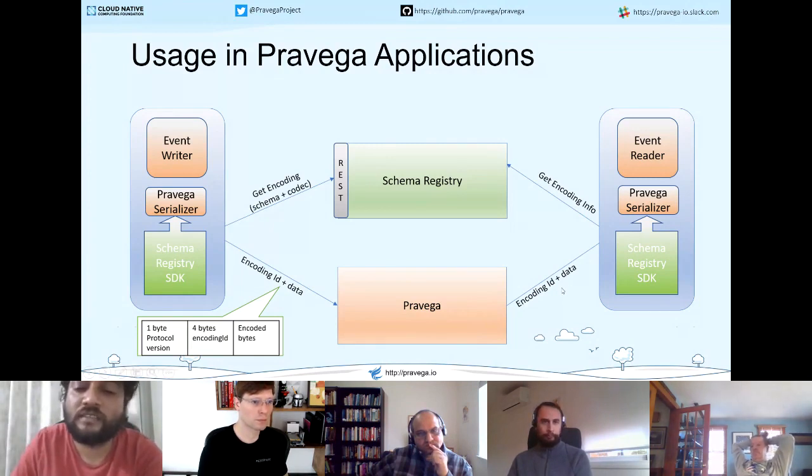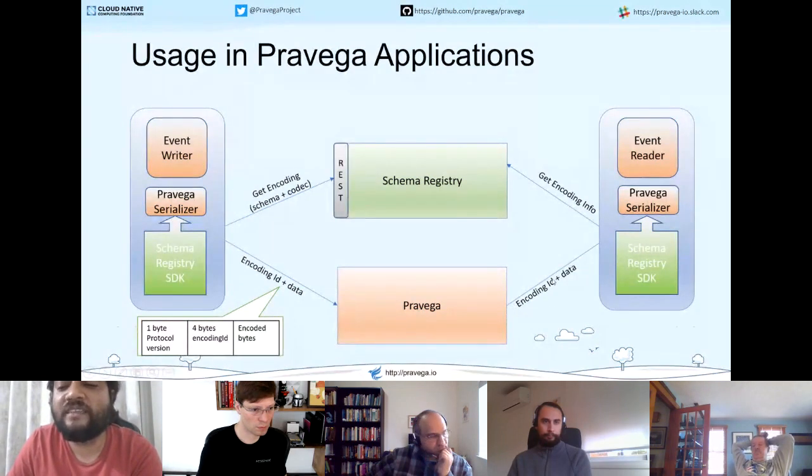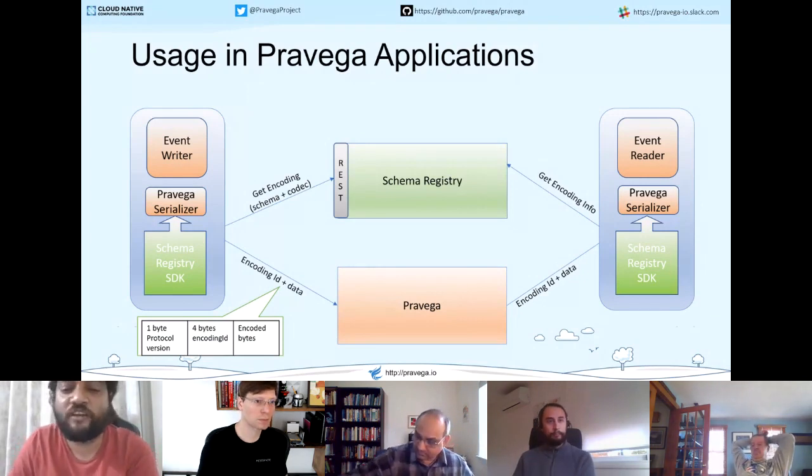So there is no latency impact as such, except every unique time you see a new encoding ID. But there is some payload size cost, which is about 5 bytes per event. And schema registry is typically more meaningful and useful if you have some structure to the data, which is relatively big, right? If you're just writing integers into the stream, which are going to take 4 bytes, and you are encoding it with an additional 5 bytes, that does not really make a lot of